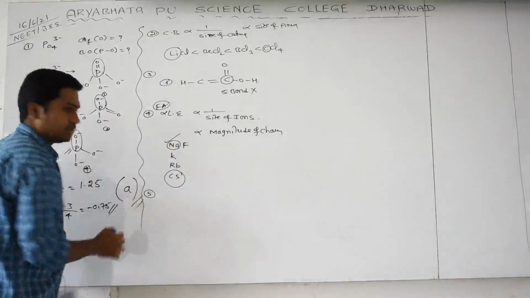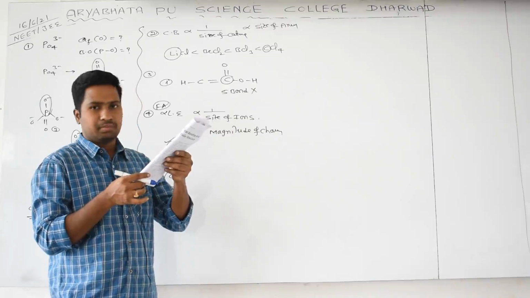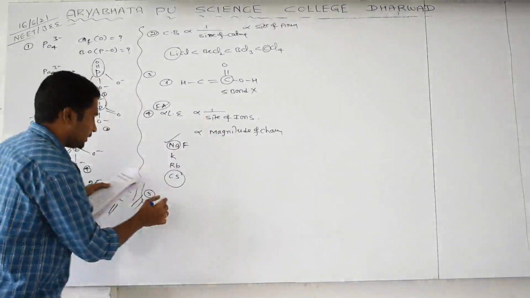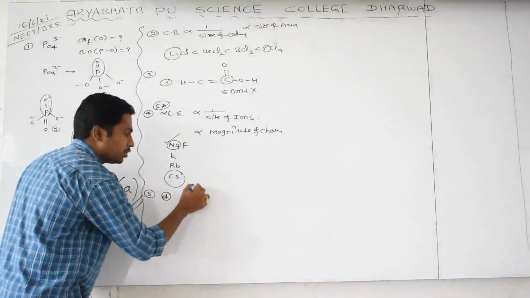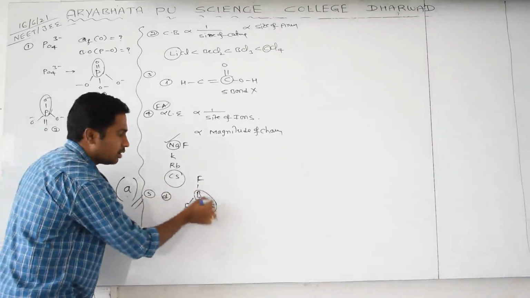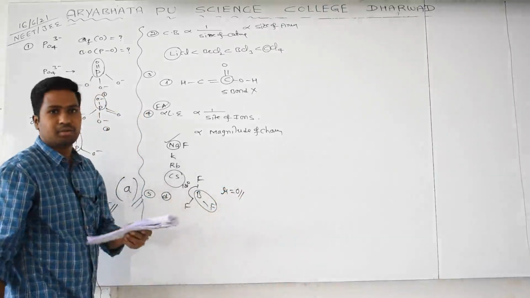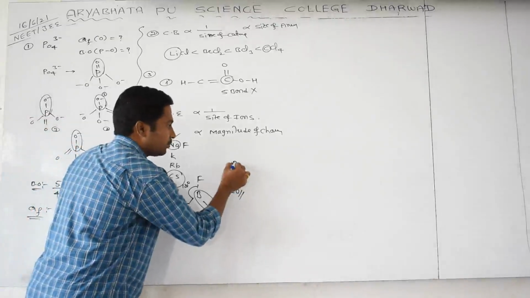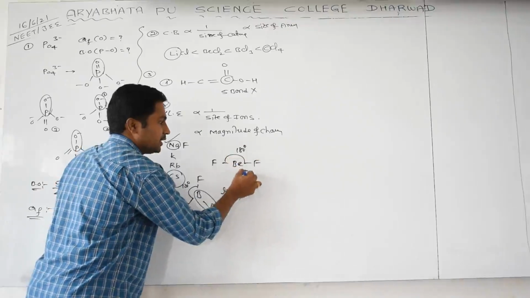Go for the next, the fifth question. Which of the following sets of molecules will have zero dipole moment? Go for option D. I will explain why. Boron trifluoride is a symmetrical molecule. I told you yesterday, symmetrical molecule means all bonds are the same and all bond angles are also the same, so there is mutual cancellation and the dipole moment is zero. A symmetrical molecule is non-polar. And later beryllium difluoride, which is F, Be, F. Here the angle is 180 degrees, and it is linear in shape.